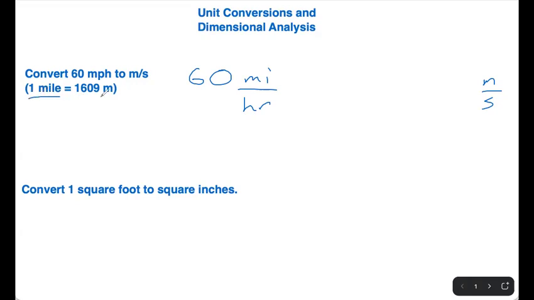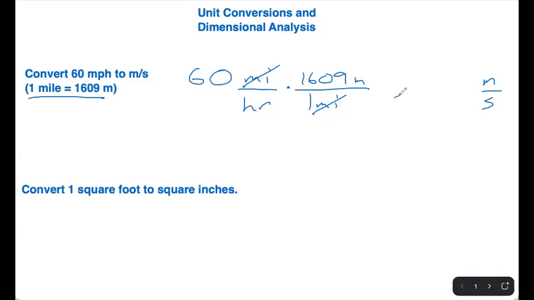seconds. You would probably be given somewhere that 1 mile is 1609 meters. On a homework, you'd probably have to look it up. On a test, it would be provided. You're not supposed to memorize that. So, okay, get rid of miles. If miles is on the top, then put 1 mile on the bottom, and on top you put 1609 meters. Miles cancels. Hours to seconds, you should know 60 seconds to a minute, 60 minutes to an hour, and